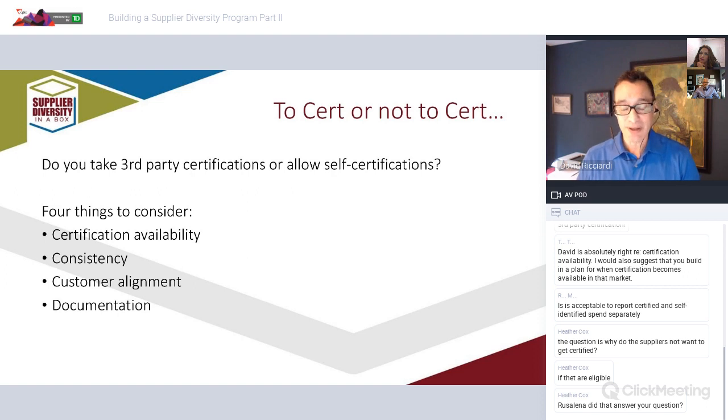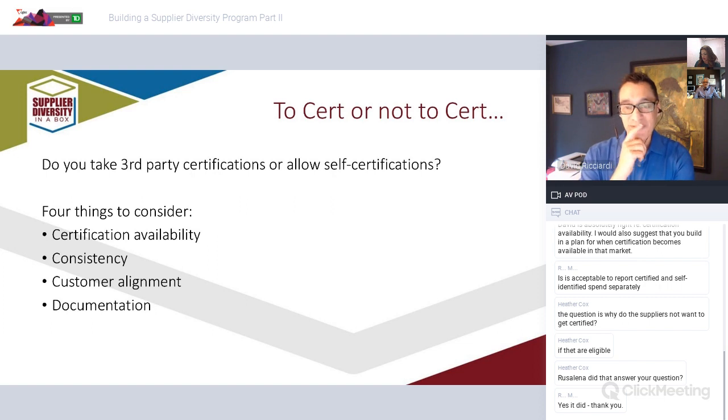If it gets modeled off of anything like what happens in the U.S., they've got the ability. The government has the opportunity to come in and say, "Well, you've reported that you're doing X dollars with women-owned businesses, small businesses, minority businesses. Prove it to us." And you've got to really provide them the backup documentation for all of that. So that's an example where you don't want to just give numbers and then not prove how you got that. You would want to be able to pull the third-party certification documents for all of your diverse suppliers, or if you're doing self-certified, an affidavit from the supplier saying, yeah, I'm diverse. This way you can say, this is why I counted them. They told me they were diverse.